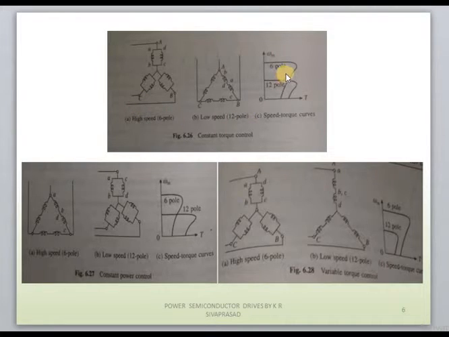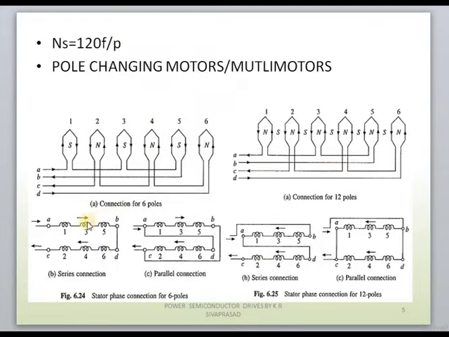On the right side the speed-torque characteristics are given. For the 6-pole speed-torque characteristics, speed is on the y-axis and torque is on the x-axis. That's why the diagram will be like this. So the 6-pole and 12-pole speed-torque characteristics are represented here. If you want a 6-pole, we just have to connect these AB and CD coils like this. Just for example, I considered only AB and CD, which we discussed previously. I am considering just a single phase here.